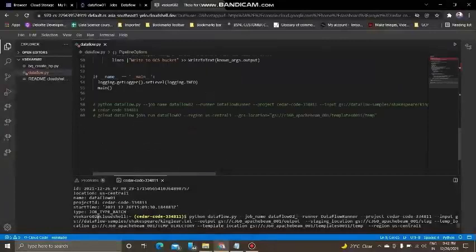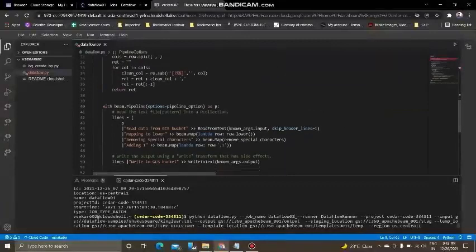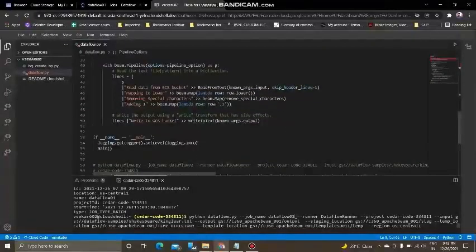And here I have created everything inside this Beam code. Beam operates in the form of PCollections. For PCollection, ParDo, and the many other methods and functions in Beam, that is out of scope, and we will cover everything in a later video. I'm doing every process inside this PCollection called lines. So: read from text, lowercase, remove special characters, add one constant value to this PCollection, and write it back to the GCS bucket. This is how I'm executing the pipeline.